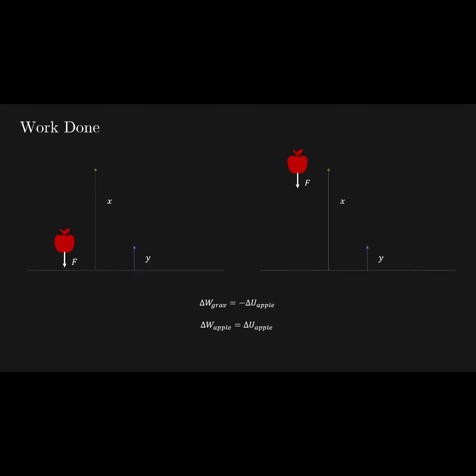We therefore get the following relationships between the change in potential energy and the work done from different perspectives. Note that the work done by the apple is the perspective considered in the A-level specification, but the work done by the field is generally used more often. This will cause confusion if not handled carefully. In this video, we will use the